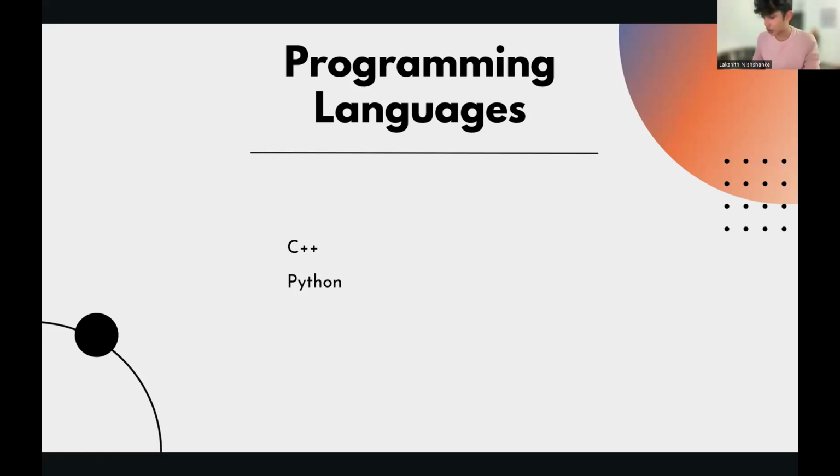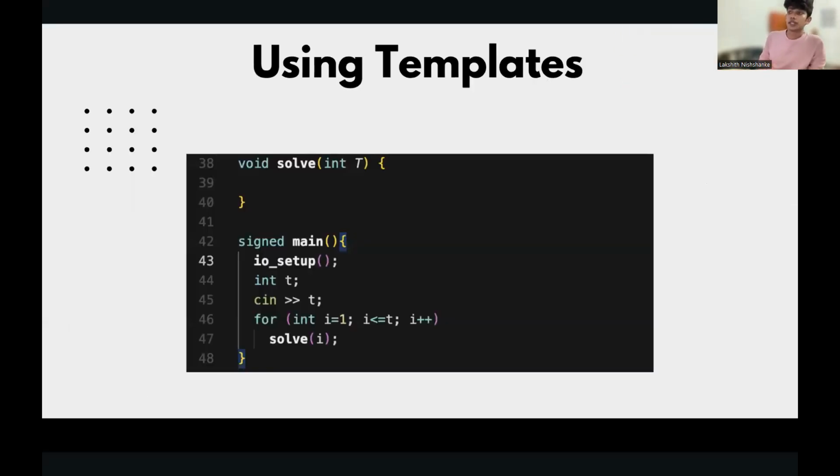Okay, so the next couple of slides are based on C++, but they do relate to other languages too. Okay, so templates. Most contests are online, and even in on-site contests, some allow a 10-minute time frame before the start of the contest for you to write any boilerplate code if you want. So I think it's better to start using a template.